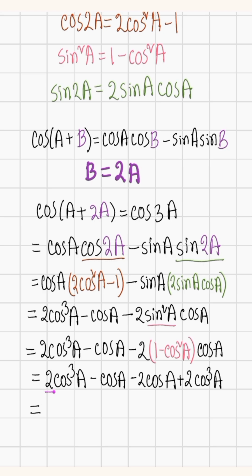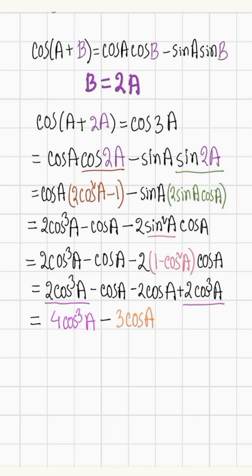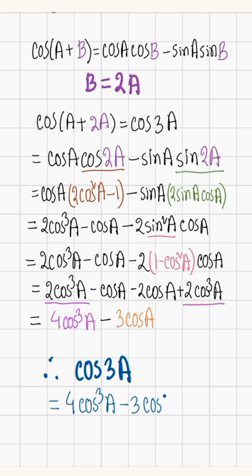equals to 2 cos cube A plus 2 cos cube A হচ্ছে 4 cos cube A minus cos A minus 2 cos A হচ্ছে minus 3 cos A। সুতরাং cos 3A এর সূত্রটি হচ্ছে 4 into cos cube A minus 3 into cos A। ব্যাস, এইভাবেই খুব সহজেই cos 3A এর সূত্রটিকে আমরা বের করে ফেললাম।